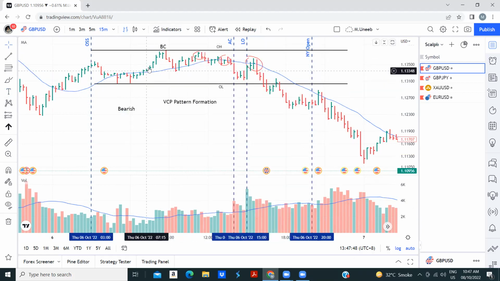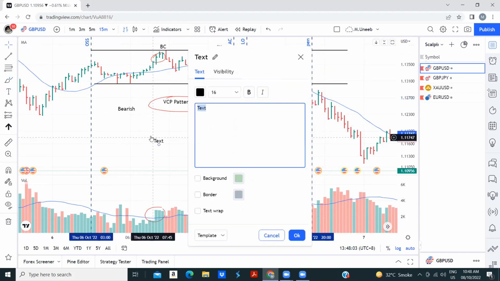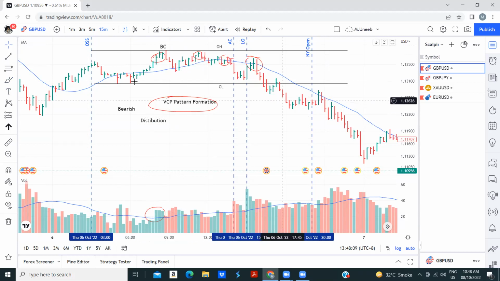You can see we have this huge increase in spread. First condition, you can see volume, buying climax, and then what do I see? Lower highs, lower highs, lower highs, VCP pattern formation. These two things show that this is a distribution. This whole structure is distribution, right? That's it. Once this whole is distribution, when we break through this OL,